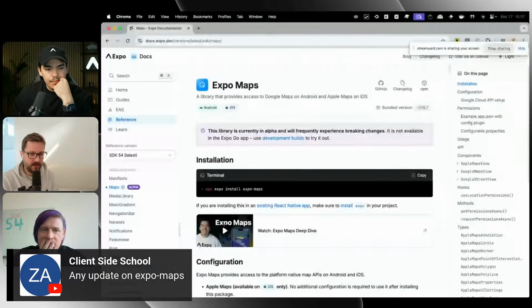Cloud, JSON, like point of interest stuff, and some styling features for Google Maps. Yeah, so there's new stuff in Expo Maps. I think the main thing about Expo Maps, and why we are still calling it alpha, is that